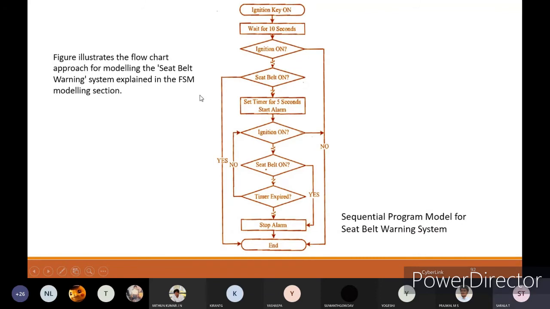You can see the same thing in the form of a flow diagram or flowchart, represented for the seat belt warning system. First, as and when you get into the car, you switch on the key. That is, ignition key is on, and you wait for 10 seconds to check for ignition and seat belt.